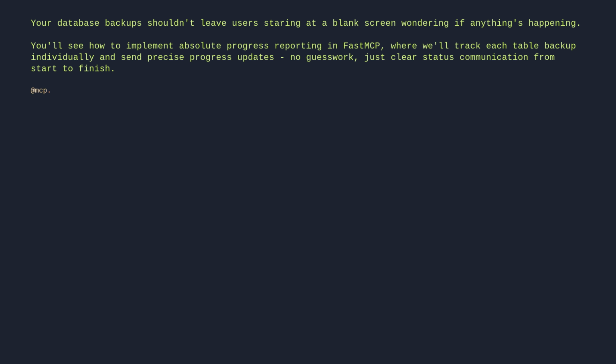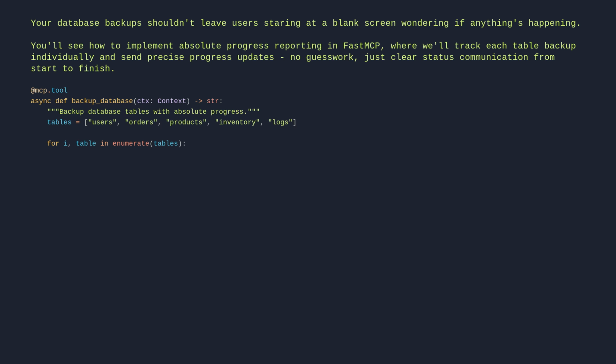@mcp.tool async def backup_database(ctx: Context) -> str: "Backup database tables with absolute progress." tables = ["users", "orders", "products", "inventory", "logs"]. for i, table in enumerate(tables): await ctx.info(f"Backing up table {table}")